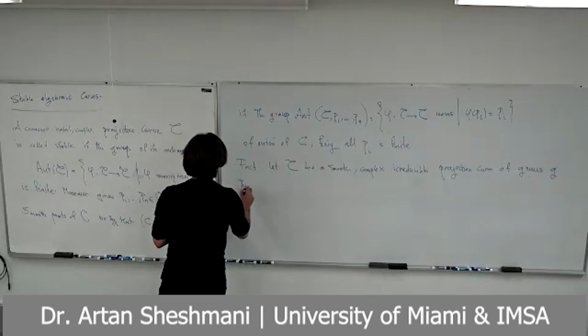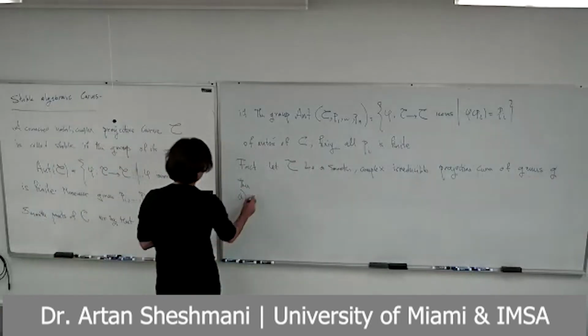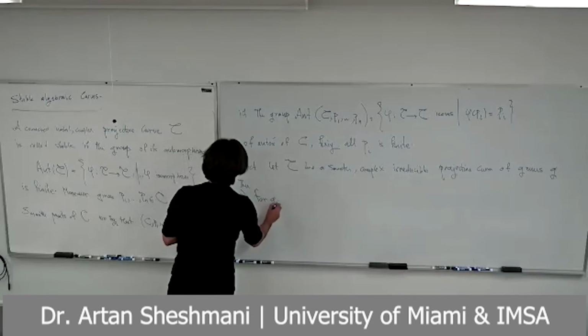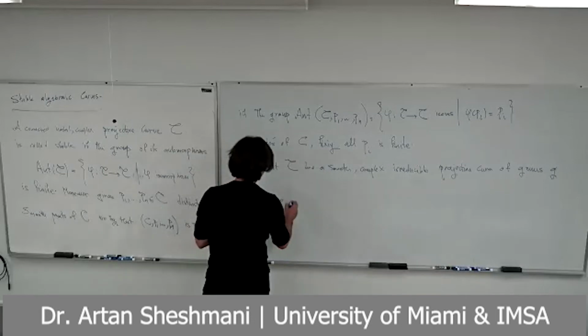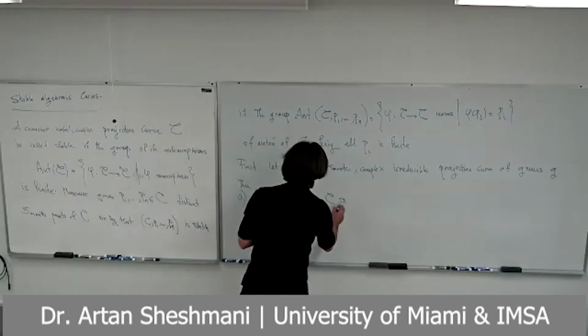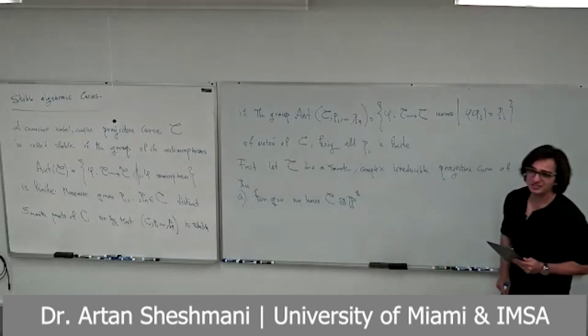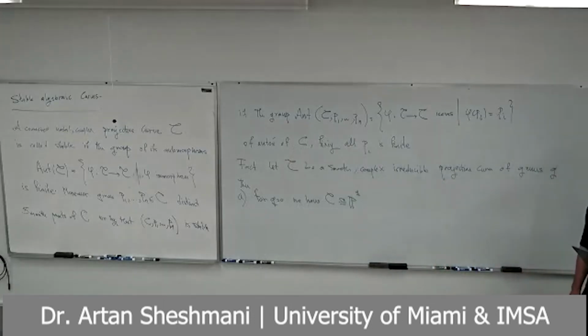Then, for g equal to 0, we have C is isomorphic to the projective line. Genus 0 algebraic curve